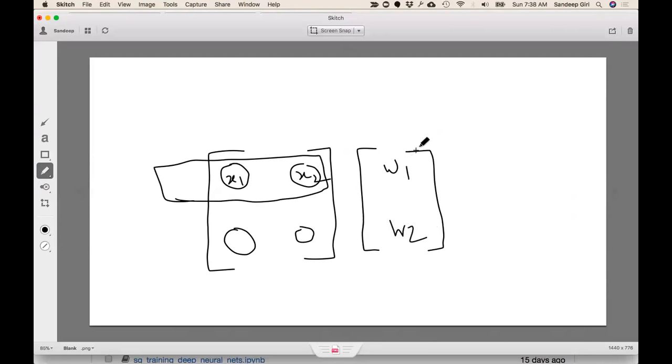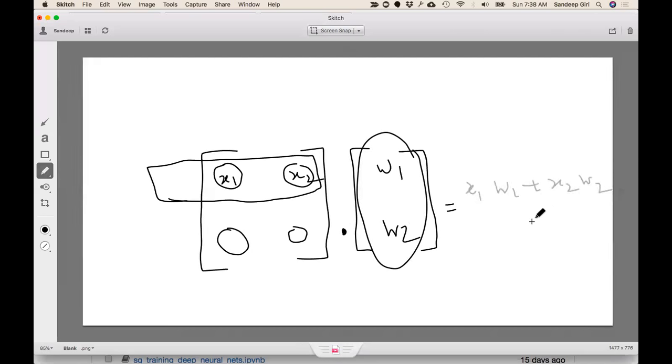After we do the dot product between them, it is going to give us x1 into w1 plus x2 into w2. And if there were x3 and x4, let's say this is x3